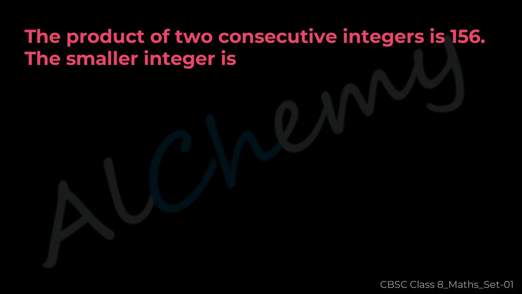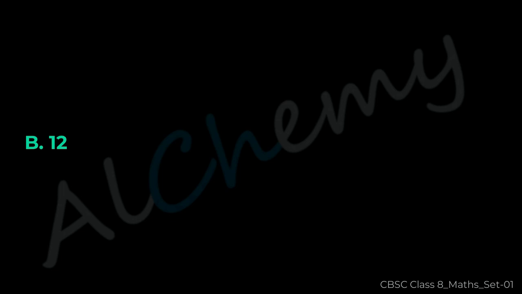The smaller integer is A 11, B 12, C 13, D 14. The correct answer is B